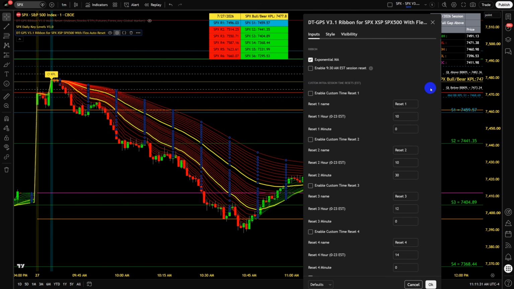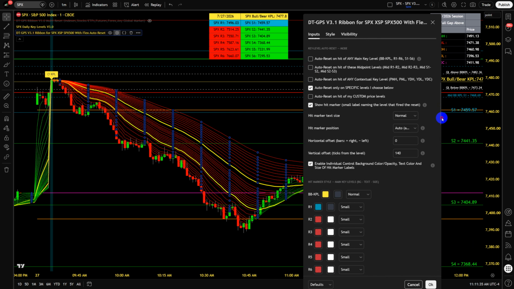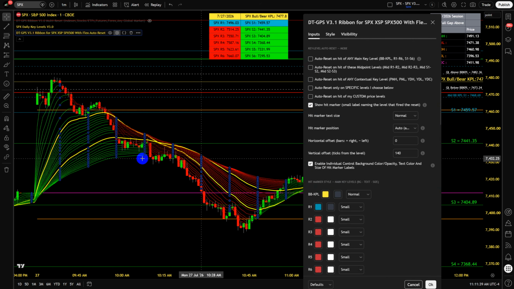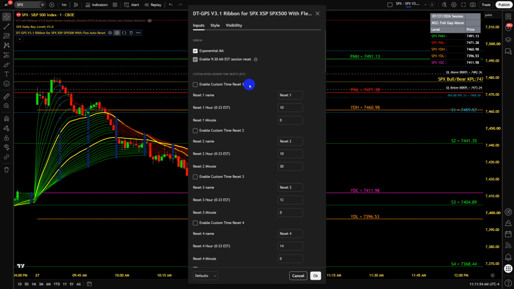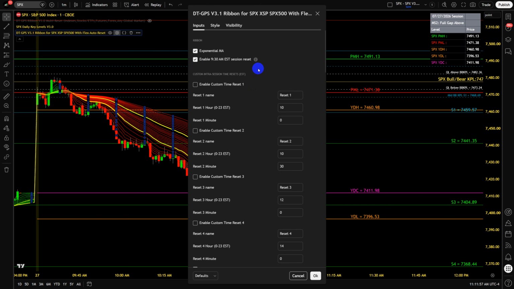So as an example, if we have no resets at all, then you have this look, or whatever look that you prefer as your base look. If you prefer a base look of 9:30 a.m. session reset on